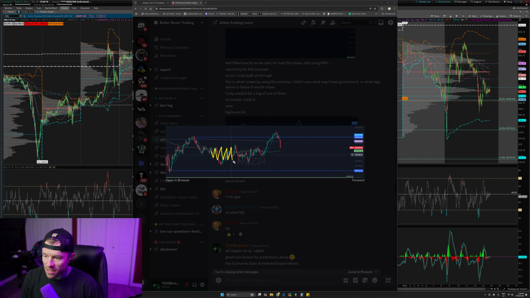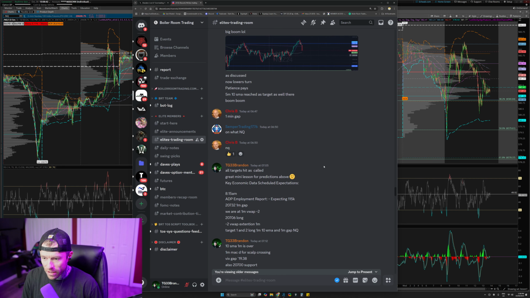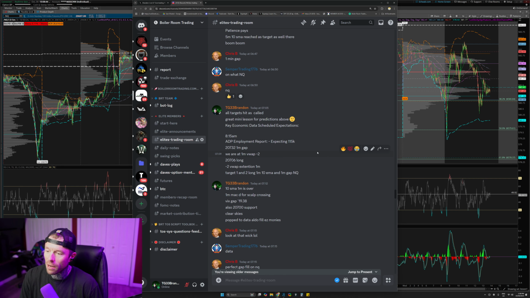We were in the center range right here. I posted a million pictures half an hour before it happened. It comes up to 20,747, exactly as we said. I would go short here or long here. I don't care what happens in the middle. I wait for an extreme to play the counter trend, especially in pre-market. I went over all of this in the Discord step by step before it happened, and boom, it hit the level. Big fat short candle you see there. Absolutely beautiful, the trade worked out exactly as planned. It doesn't matter if it would have gone up or down.